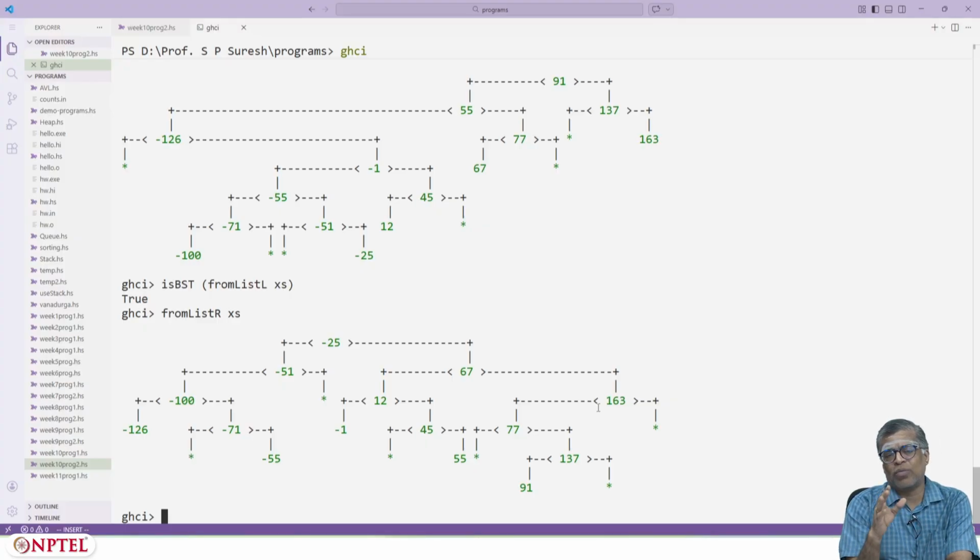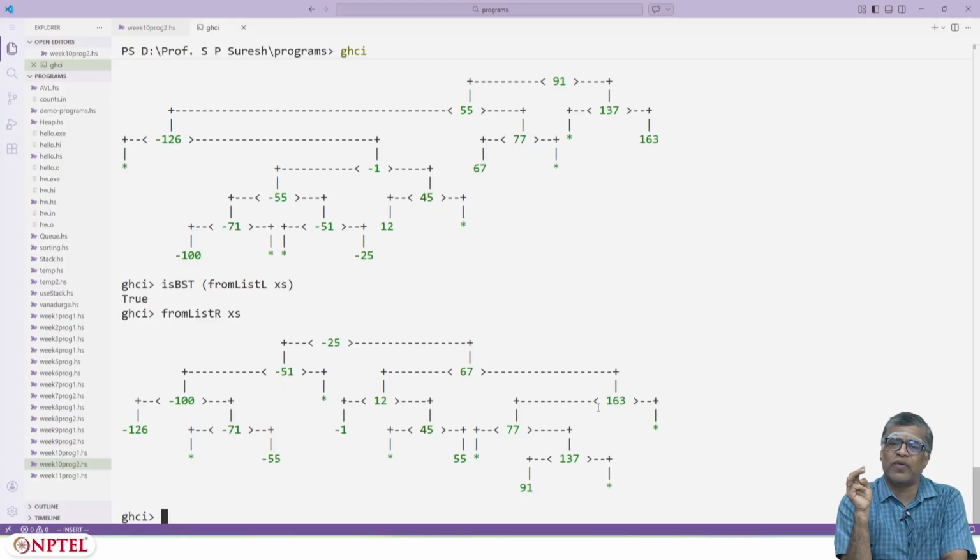Okay, so now we will see how we did this from list itself in a bit. We have now seen how to check whether an element of type BST a is actually a binary search tree or not. Let's look at the three most important operations that you want to do on a binary search tree. Remember that we said that binary search trees are supposed to implement the set abstract data type, and set has insert into, delete from, and search.